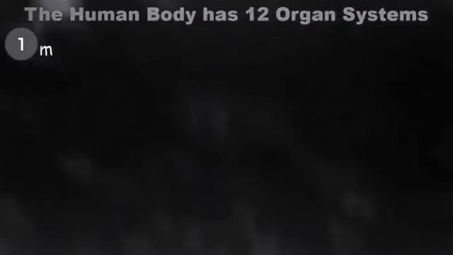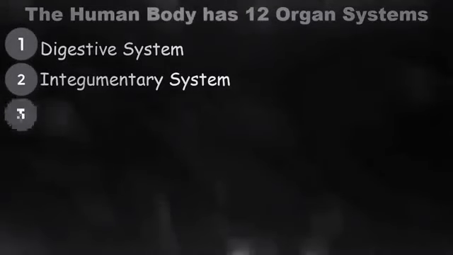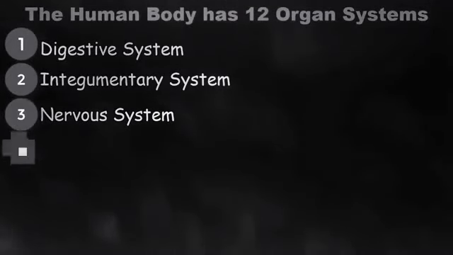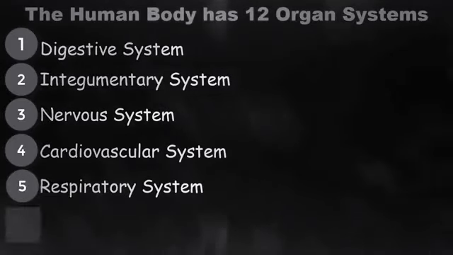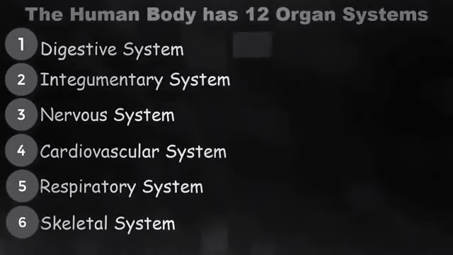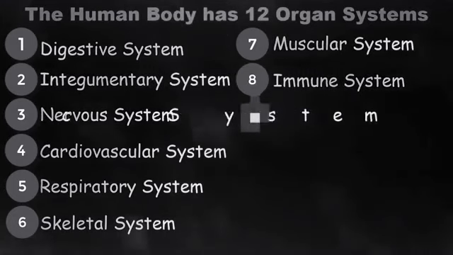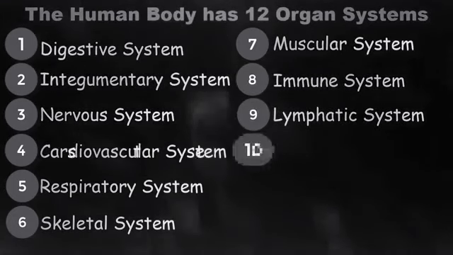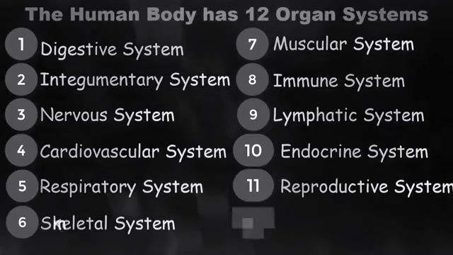These include the digestive system, the integumentary system, the nervous system, the cardiovascular system, the respiratory system, the skeletal system, the muscular system, the immune system, the lymphatic system, the endocrine system, the reproductive system, and the